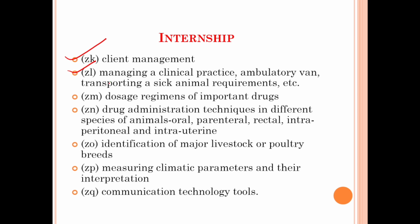They will also get evaluated for the client management, managing a clinical practice, ambulatory when transporting a sick animal, requirement, etc., dosage regimens of the important drugs, drug administration techniques in the different species of animals like oral, parenteral, rectal, intraperitoneal and intrauterine, identification of the major livestock or poultry breeds, measuring climatic parameters and their interpretation, communication technology tools. So these are also the criteria for judging or evaluating the intern during the period of the